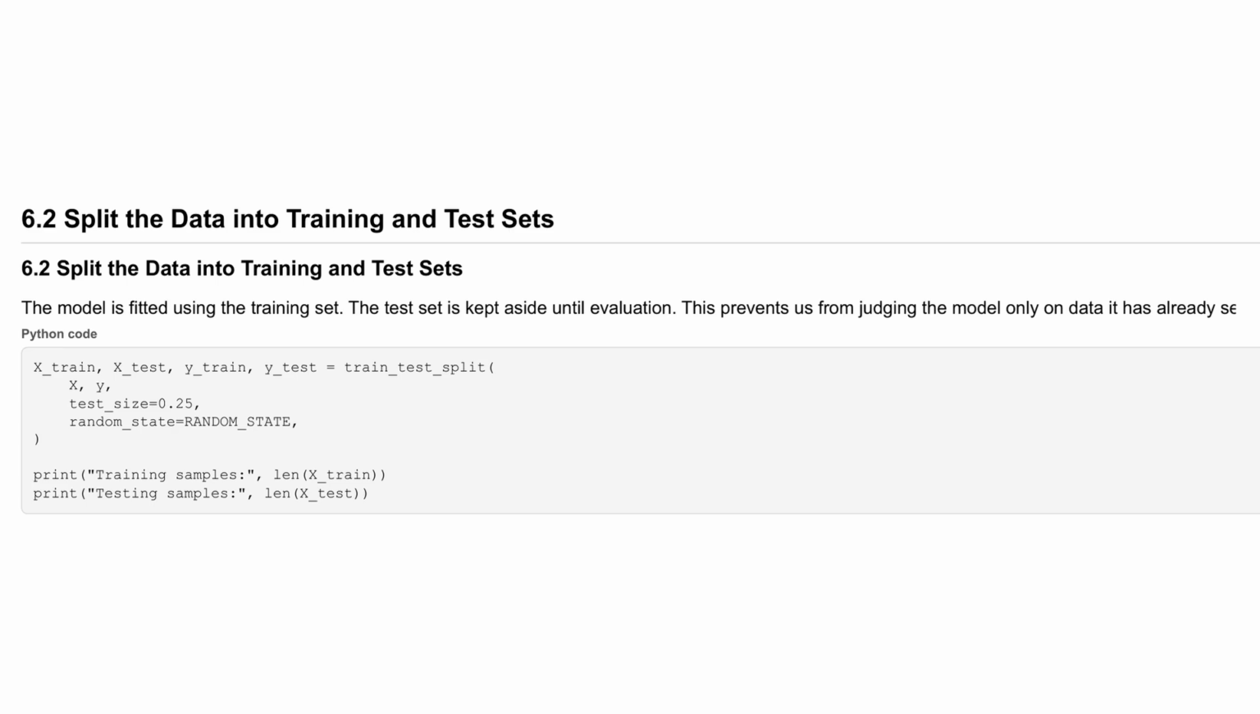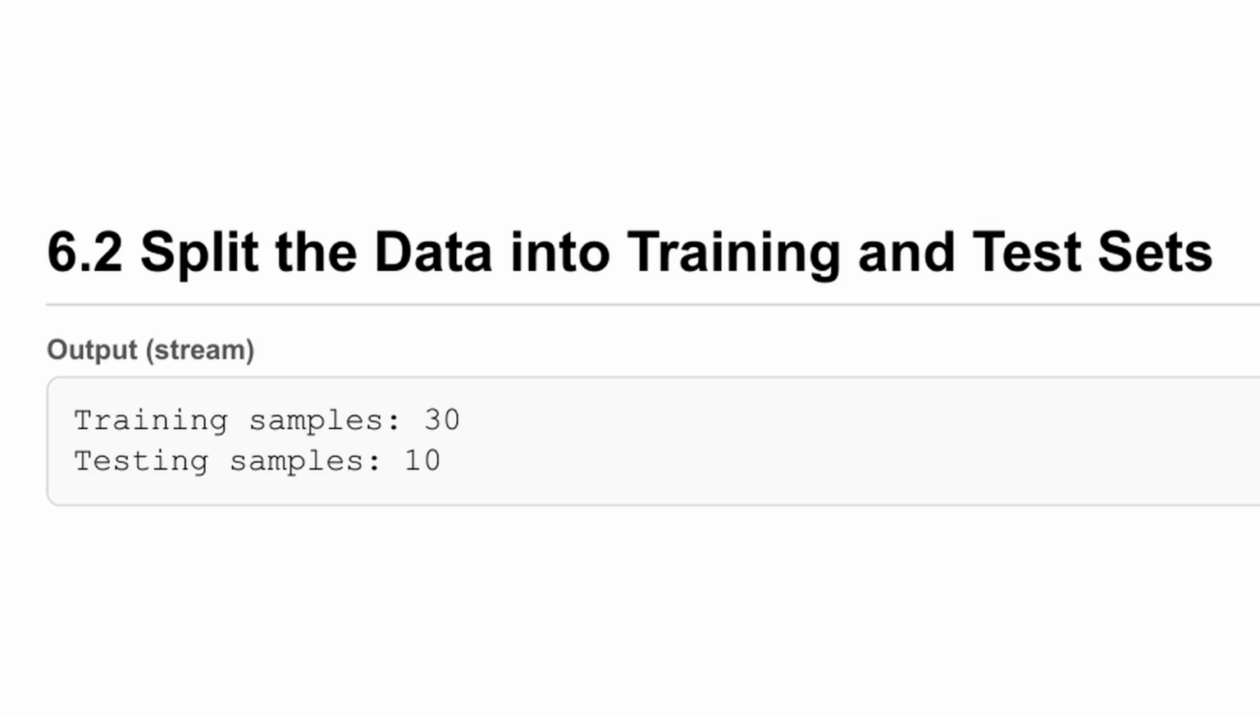We must not evaluate our model on the exact same data used for training. Here, we use the train_test_split function from scikit-learn to randomly set aside 25% of our data as an unseen test set. The output shows our split was successful. We now have 30 samples dedicated to training the regression model, and 10 samples held back purely for testing its